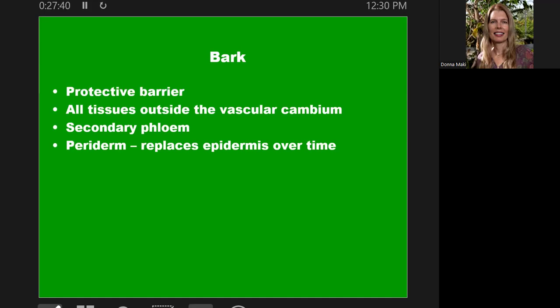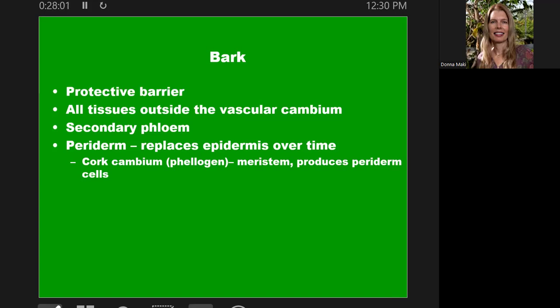This is kind of when you get older, when the tree gets older, it will shift over from having that epidermis that it grew up with. It'll get replaced with the so-called periderm. So when you look at the periderm under the microscope, you're going to see several layers. There's the cork cambium, and